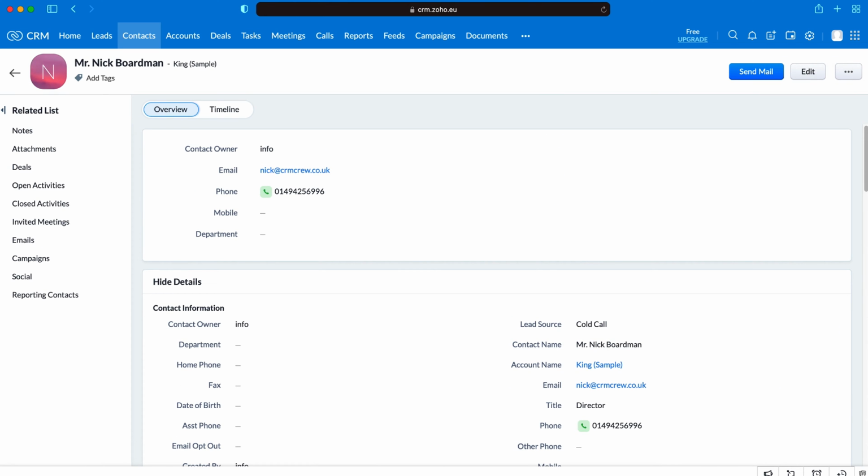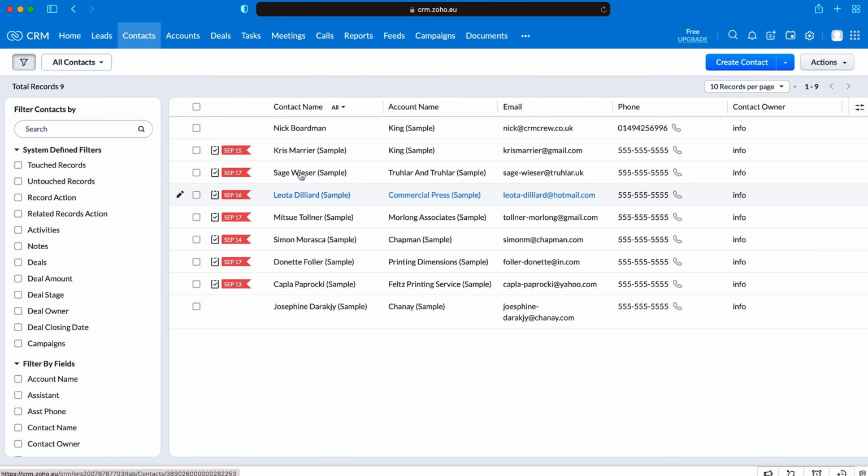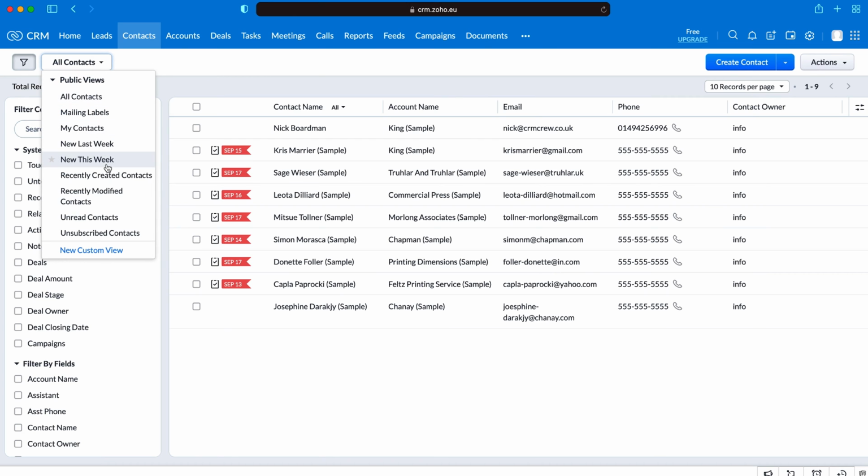new contact record. Now, like any other module that I've mentioned, these are all the modules up the top here that I'm working my way through. You can use views and you can use filters in order to manage these. Okay, so views, we can create our own custom views, or we can select views that have been provided by Zoho CRM that allow us to see our contacts or any other module records from essentially